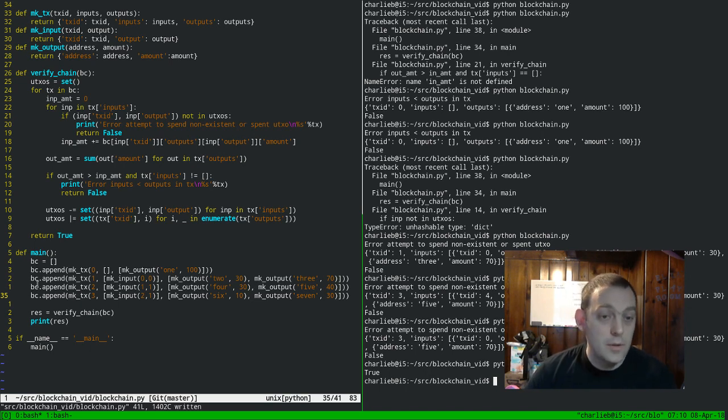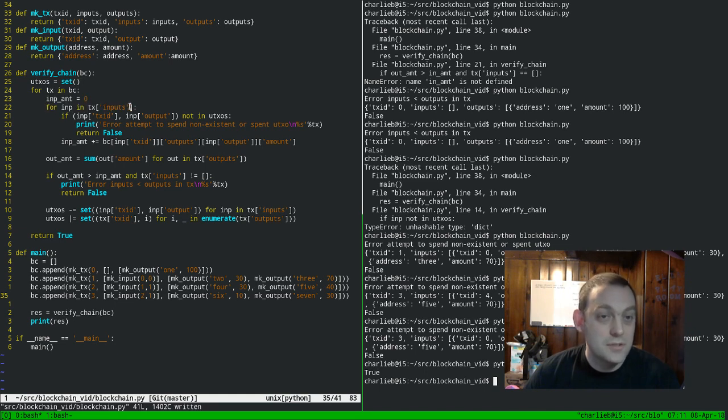But let me just do a quick recap. We created some very simple data structures to hold a transaction, to hold its inputs and its outputs. We created a bunch of transactions that were wrong in various ways, and eventually we corrected them. And this is really where the important stuff happens. So this is how you verify a set of transactions in terms of amount. Obviously there's no cryptography here, so we can't verify that we're allowed to spend them, just that they are available to be spent. So we walked our so-called blockchain,